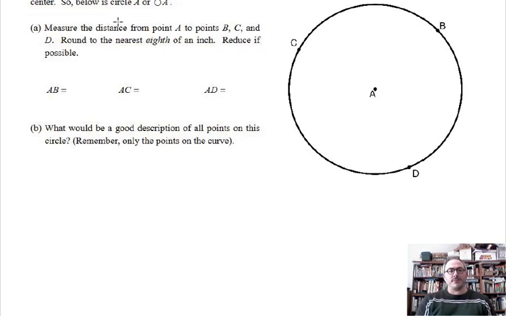Part B asks, what would be a good description of all the points on this circle? What would be the description? We might call this, they are all,